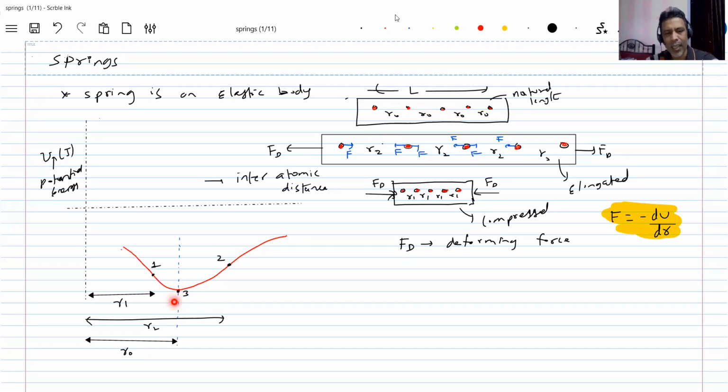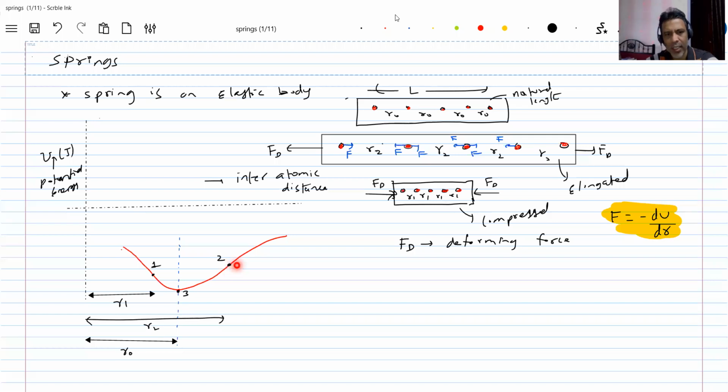The moment I increase the length of the object, the distance between atoms will increase. Then all the energy I spend will be converted into an increase in the energy of the elastic body. Got this? Now you can ask where the potential increase has come from. The external agent does work to stretch the elastic band. You have to do mechanical work. So the work done by you is converted into an increase in the energy of the elastic body. Therefore, the potential got increased.